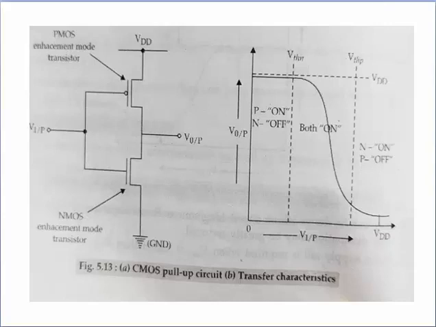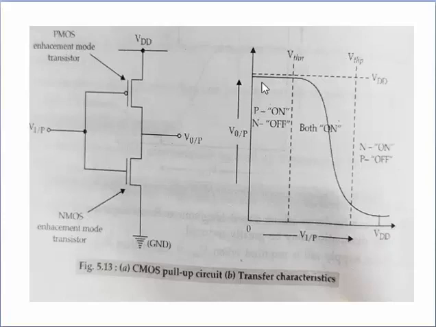So that's why we have seen the different regions of operation of the CMOS inverter. The first region is when V input is 0. V input 0 means PMOS is turned on while NMOS is turned off. P is on and N is off. So no current flows through the inverter, and the output is connected directly to VDD through the PMOS transistor. At the output, a good logic 1 is present.